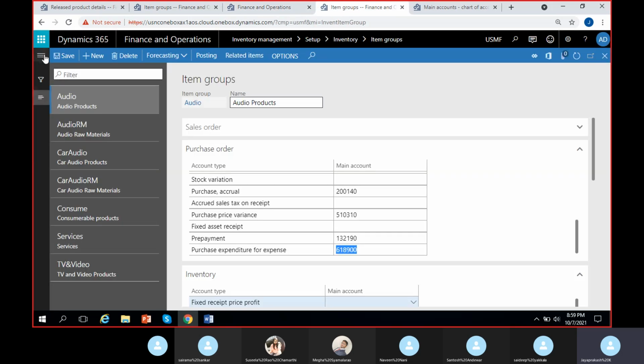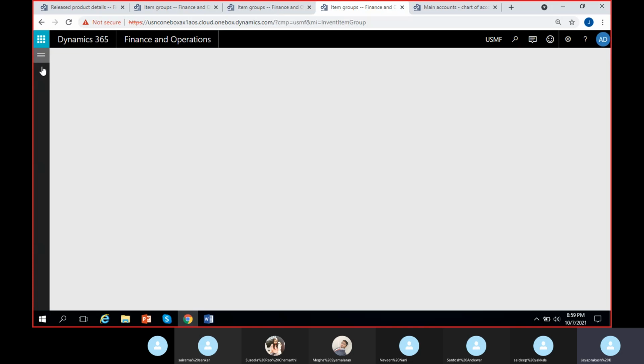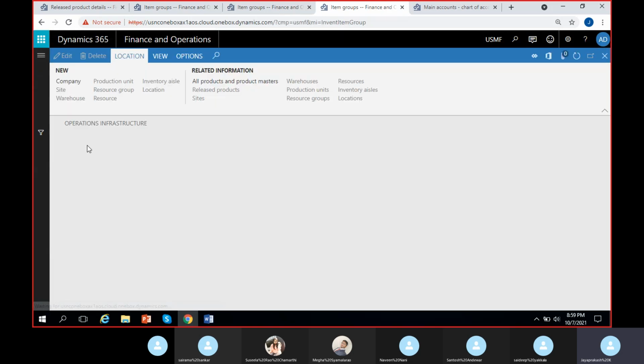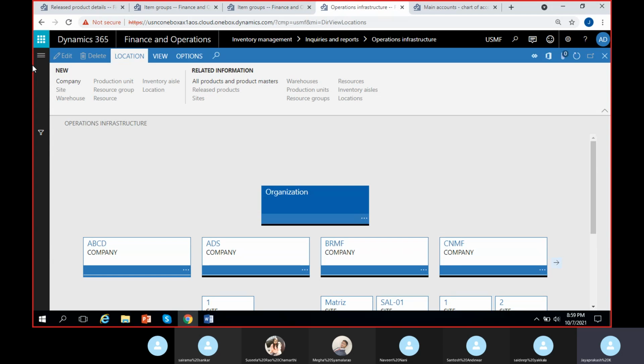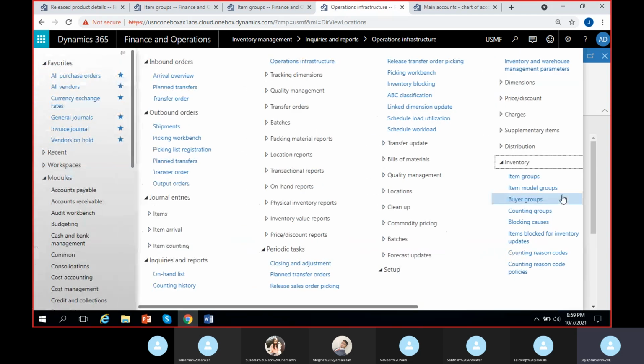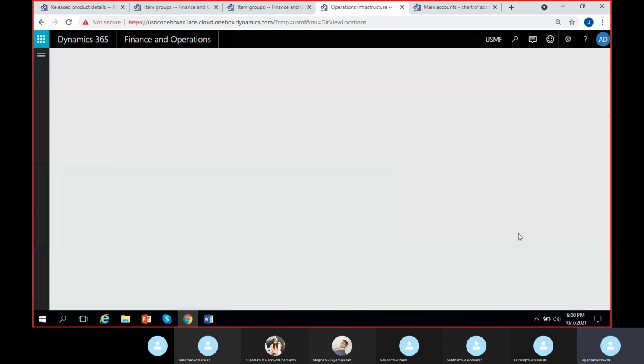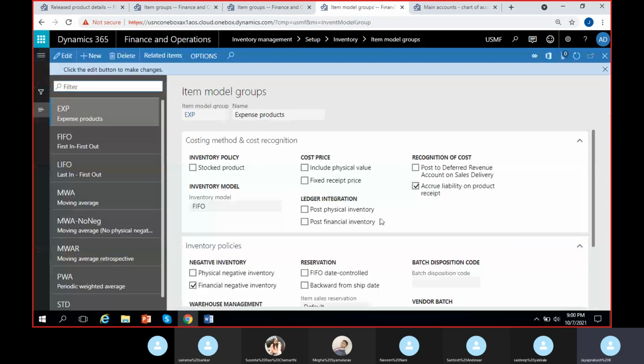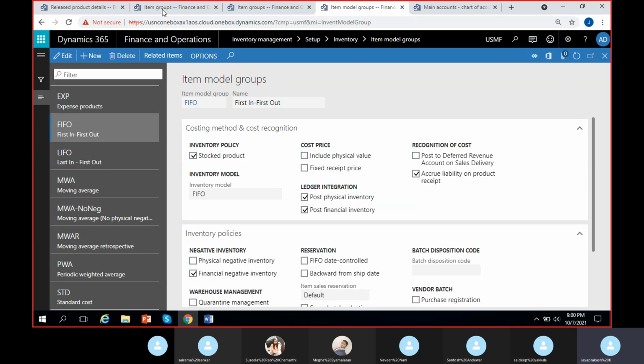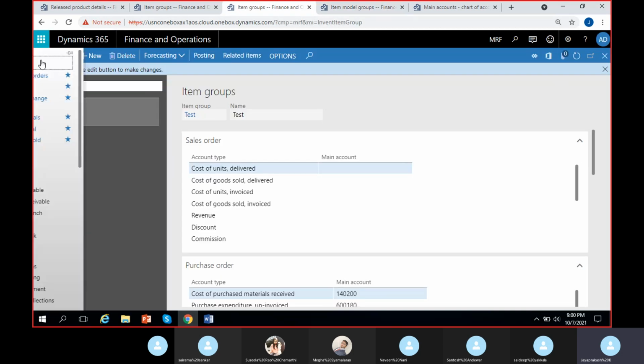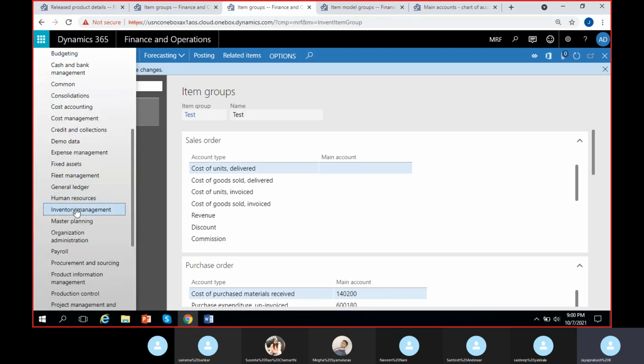So for item model group, I'll take a demo from same USMF item model group. All these are actually parts of supply chain management, but still as a finance function consultant, you should have a basic idea of what is item group and what is item model group, and the different parameters you have in the item model group. I'm taking this FIFO method as a reference for creating item model group in my legal entity. So I'll go for inventory management,